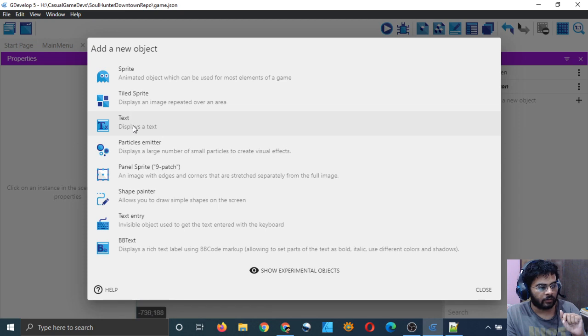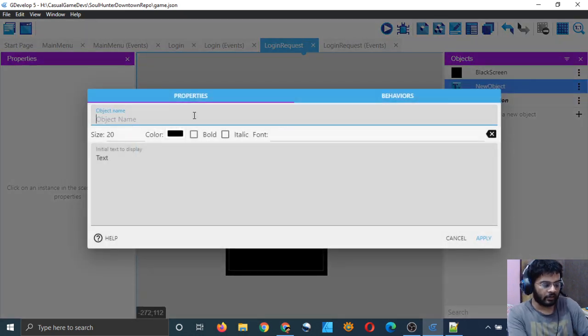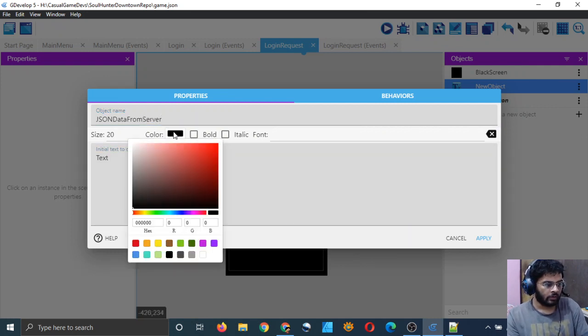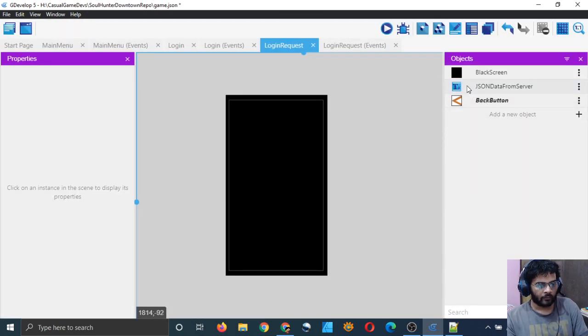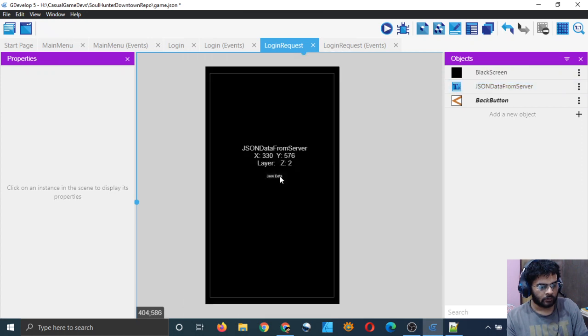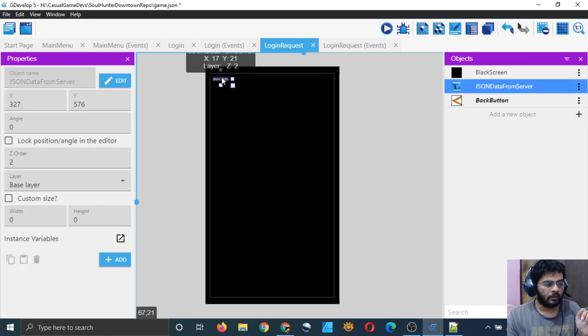I will need a text display just to display those contents, a JSON data from server text. The color should be white so that I can see it on the black background. I will put it here, maybe here is better.